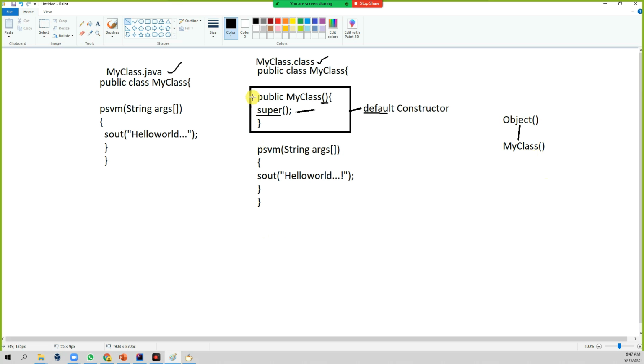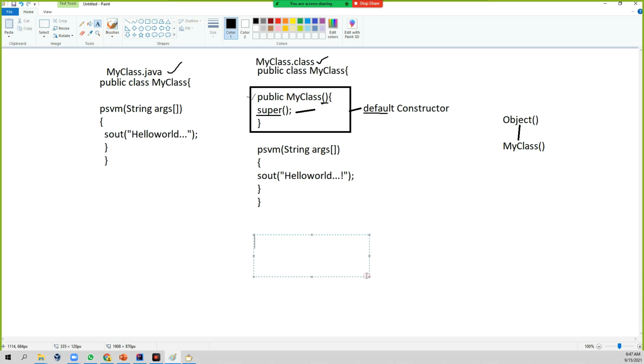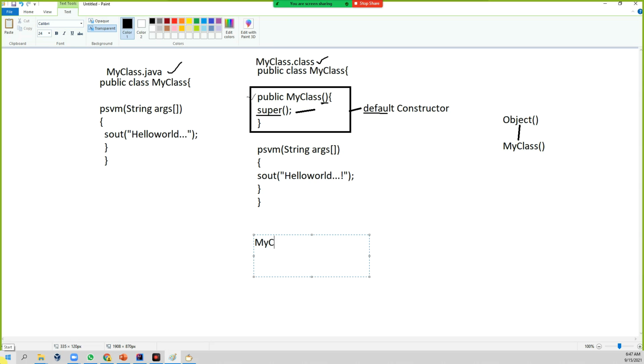So when you execute this program, how will the lines be executed? It will execute from beginning to ending. First it will come here. Again, if you come back, you are going to write it like this: MyClass obj = new MyClass().